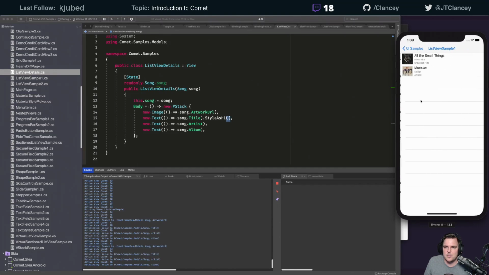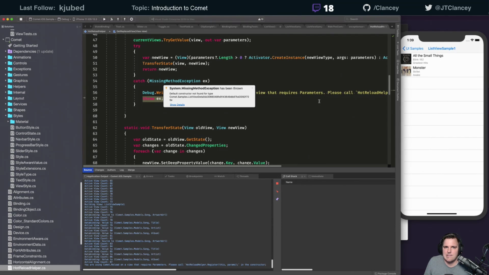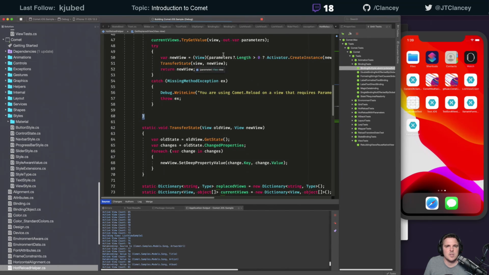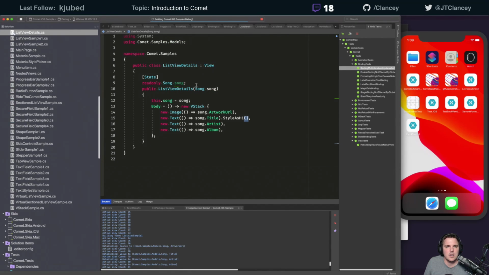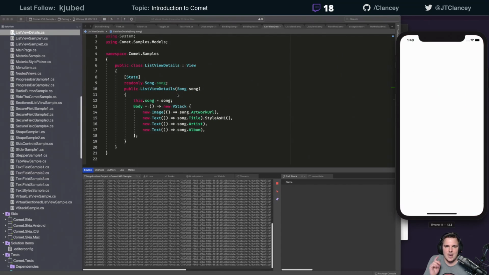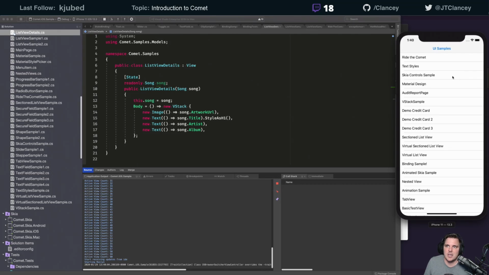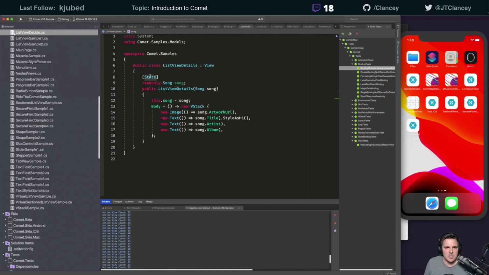Let's go into that. List sample 1. I can show you what's broken there. Because I'm not passing that thing in right, technically to hot reload this, I need to do something special until I get to IL generation. There's a better way of passing these around. We can pass them around via the environment. If we do that, I don't need this in the constructor, and I can hot reload this without doing anything